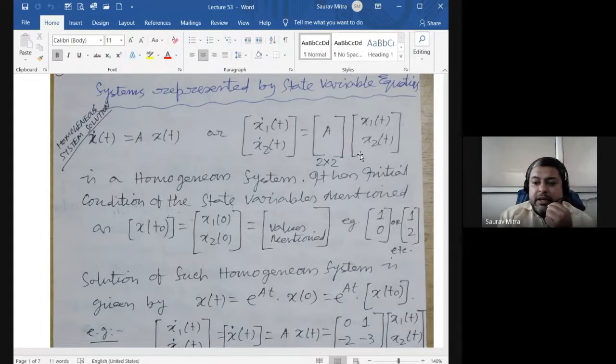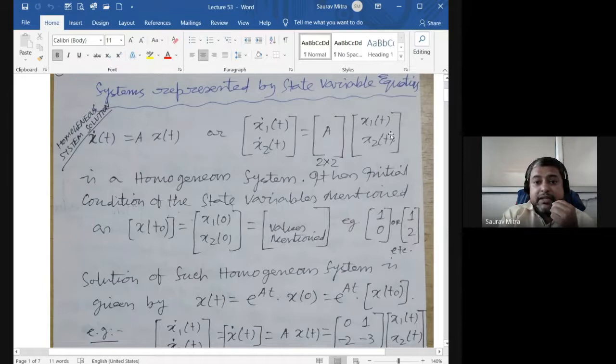Anybody going for any higher study in the field of control systems, digital control systems, it will start from here. And this part is not taught properly, and it is not given properly in the book. So understand this for the future. It's a homogeneous system equation. It has an initial condition. This should be mentioned.